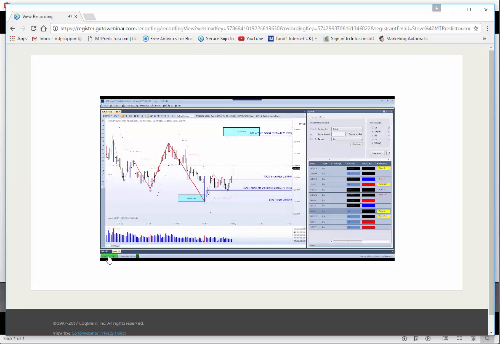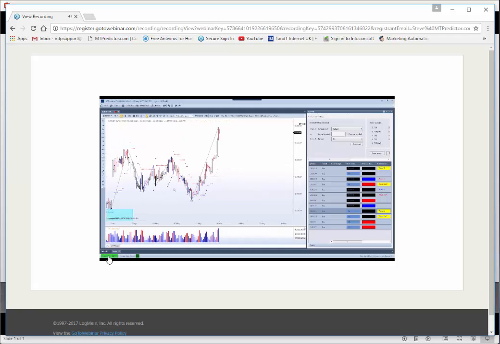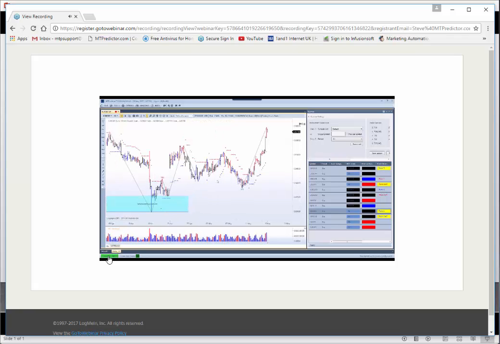It's interesting that this looks to be an ABC correction here. So let's have a look and see whether that's the case. And if I put the DP on, so this is a daily DP. Let's go down to the 4-hourly chart. Oh, that would have been nice if that was a clean, clear ABC. What I was looking for to see whether that would have been a Holy Grail buy setup. If that had been a clear and clean ABC correction, then that would have been a Holy Grail long trade.